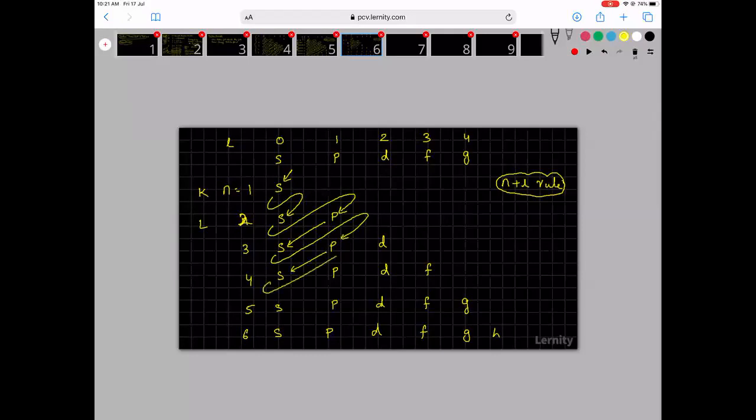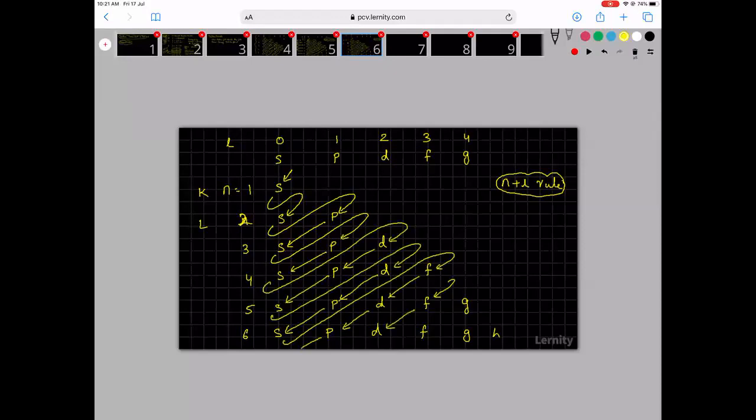Then again it goes up and then comes down. Then again it goes up, so it will go to D, P, S. Then again it will fill up F, fill up D, fill up P, fill up 7s. Then again come this way, go to 5F.